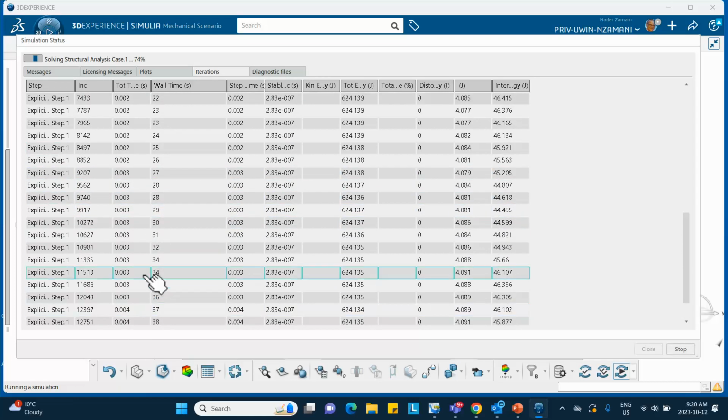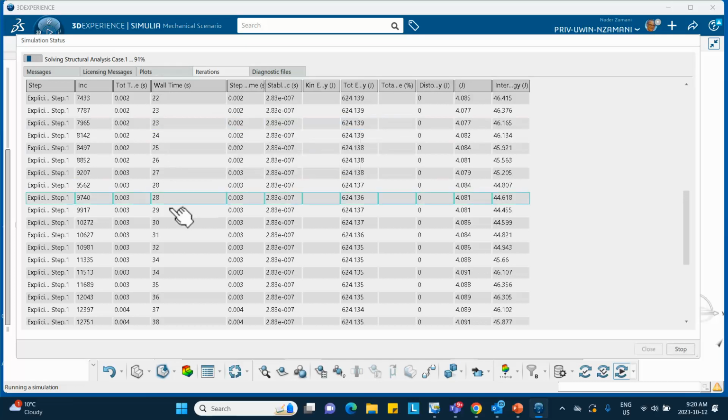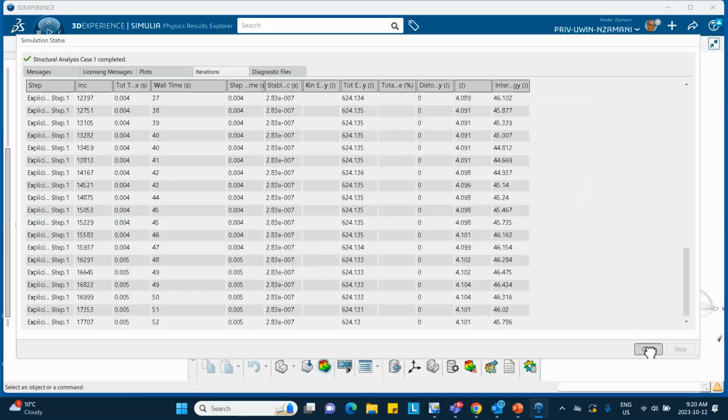This is supposed to go 0.005. Took 1 second, or 1 minute. Done. Okay, so let's actually close. Once this finishes, let's close this. See what happens